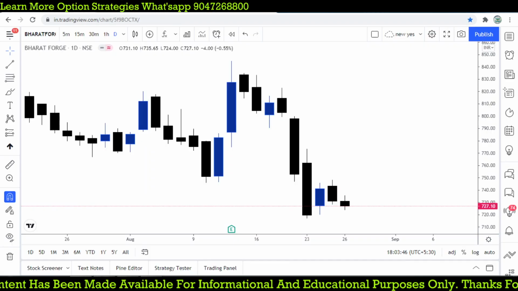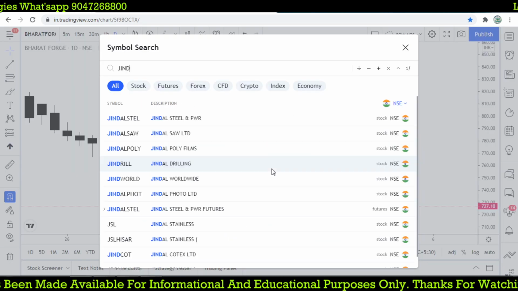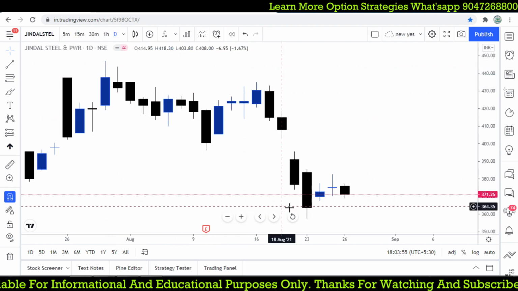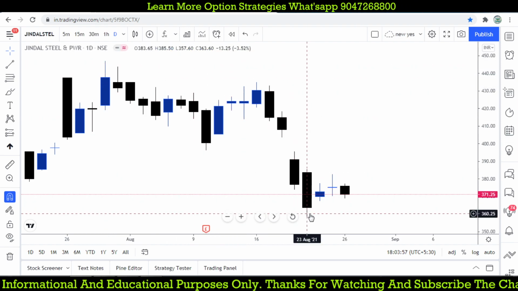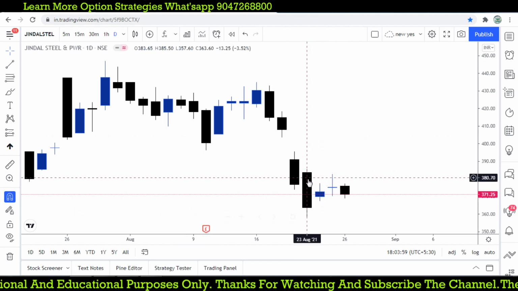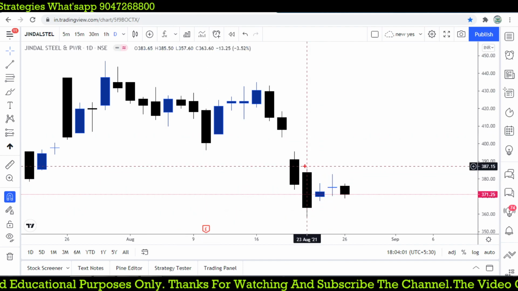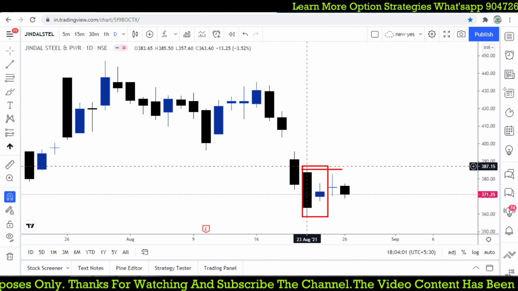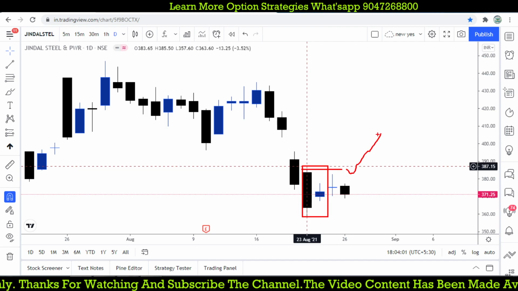And Jindal Steel and UltraTech Cement, both are forming at the lowest level. Jindal Steel is down from 440 and it is coming towards a level of somewhere around 360. There is a candlestick pattern. Could you see that? Around here, a harami candle. So when it breaks that high, we'll focus for a bullish view, right?